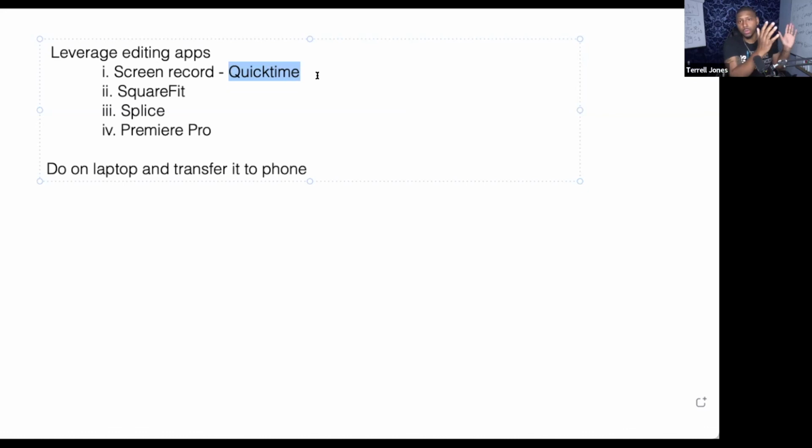However long it went, it might have gone to minute 19:30, and I'll just record that. Then I transfer it from my laptop to my phone, and I use other apps to edit on my phone, or if it's something a little more intricate, I might use Premiere Pro.